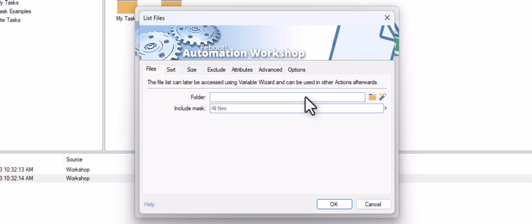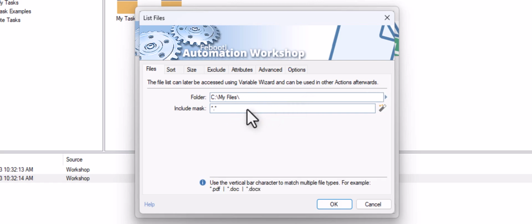XMLs are located in the My Files folder. And to return only XML files, I am providing a file mask.